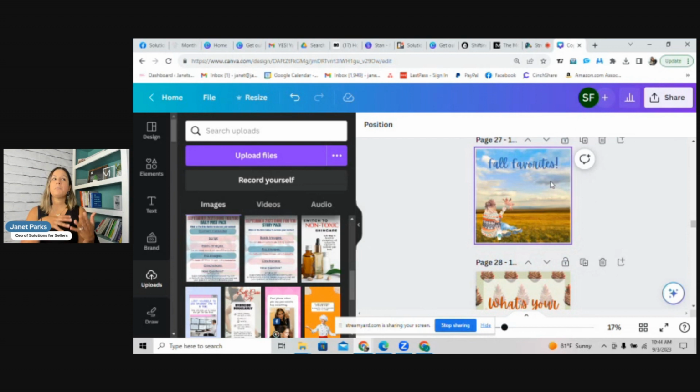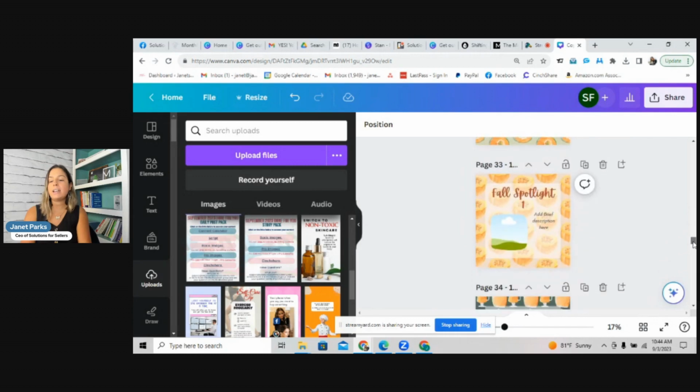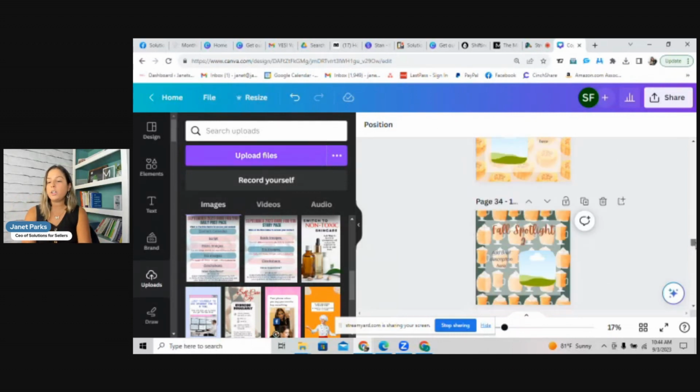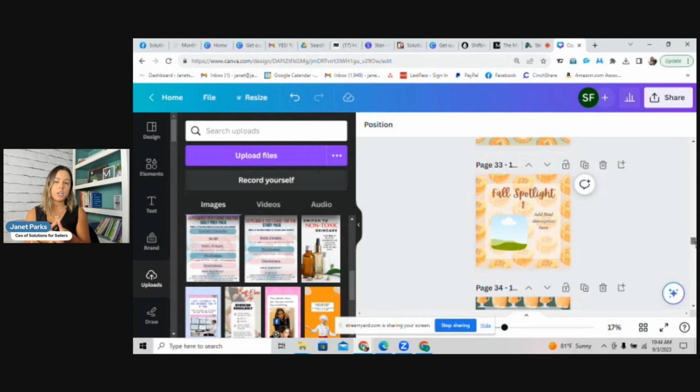If your company has a new catalog that's launching this fall, this is where you're going to add those images for your fall favorites. So you want to have that as a mental note of products. Once you go through those graphics and decide what products you're going to need, you can make your list of products that you want to add and upload them into Canva where it says Upload Files. As long as they're on your computer or your phone and you have access to Canva on both, you can upload them all at once and then simply drag and drop them into the graphics. Now, I'll show you this really quickly as well, and then I'll give you a CinchShare tutorial in just a minute, okay?